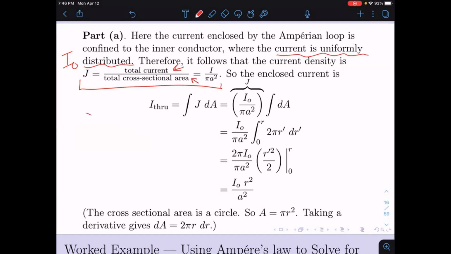In this case, if I just have that one circle with radius a, well, then my total area I know is just pi a squared. And it gave me the total current, it's right there. So J as a definition is going to be I naught over pi a squared. And since that current is uniform, we just pull it out of the integral. Now we just have the integral of dA, which we know just becomes A,